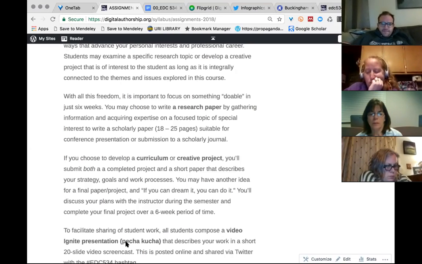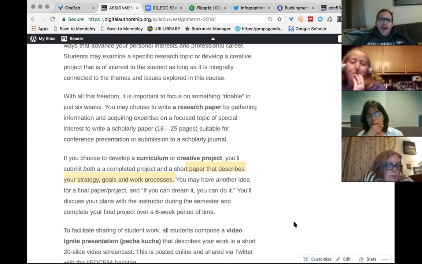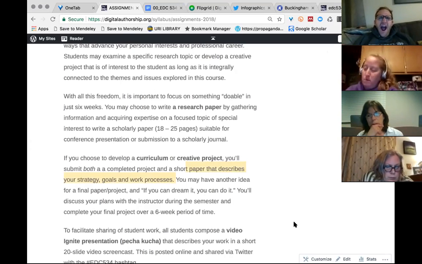It could be shorter and it could be longer, but in my experience, that would give you the room to explain your strategy, goals, and work processes. Okay, no, that's good. Yeah. Thank you. And strategy being the big thing there. Cool. All right. So now you guys, as you're working over the next, I guess you have about 2 more weeks, you might want feedback, or you might just have a question. Use Twitter to capture my attention immediately, because that will do it.